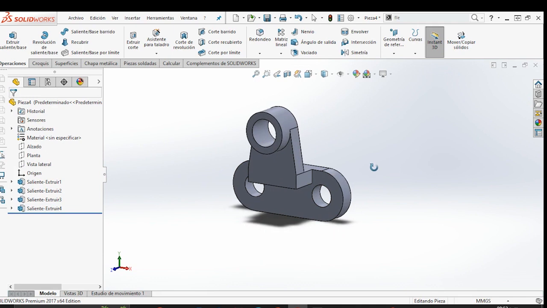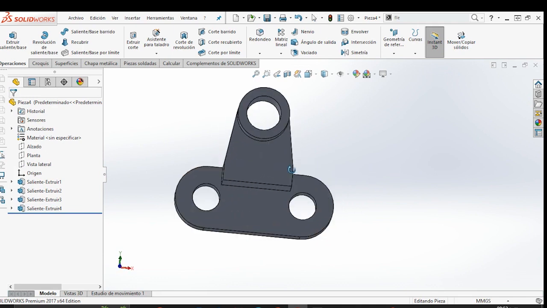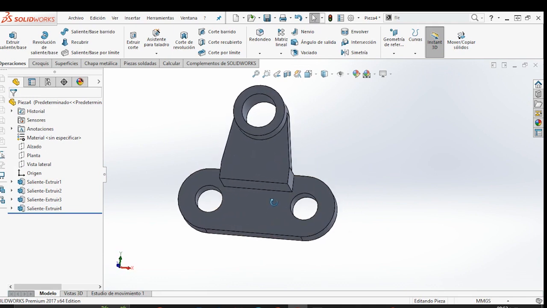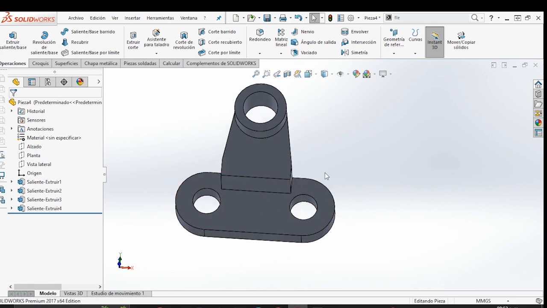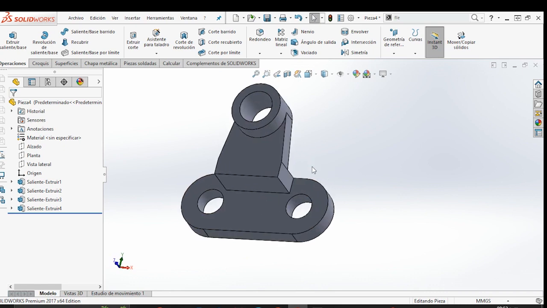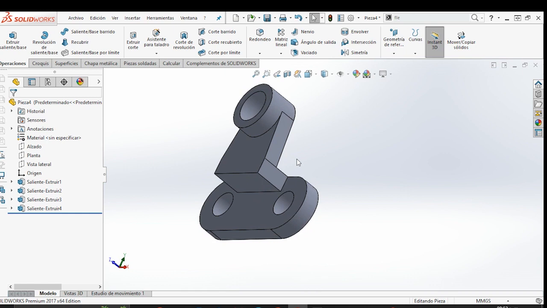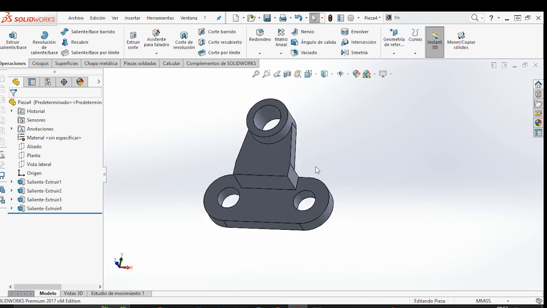And basically this will be our piece. This piece we're going to make in CATIA so that you can compare,